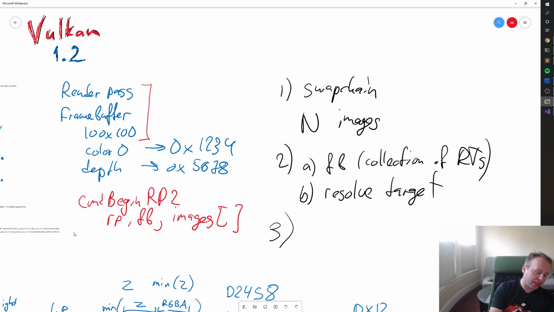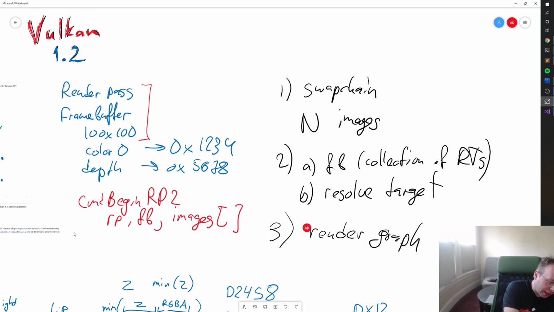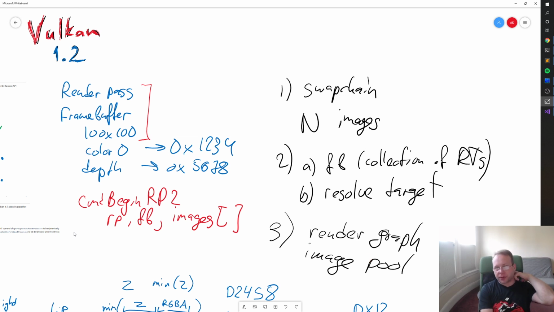The way this comes up is in these now popular render graph implementations, where specifically you want to do image pooling behind the back of the code that renders. So what this means is, when you write the rendering code, you say, well, I want a pass that renders to an image of size